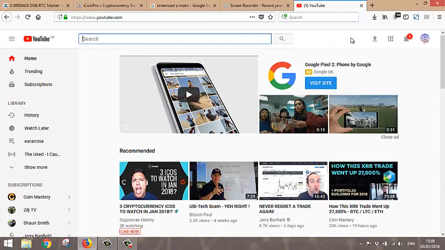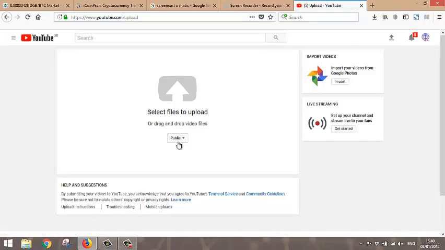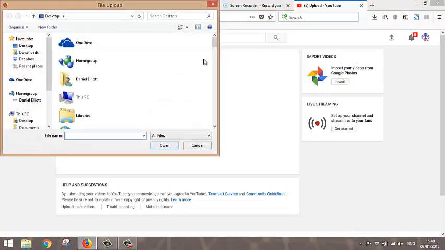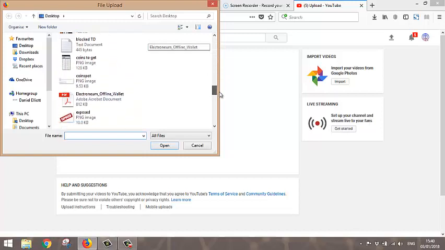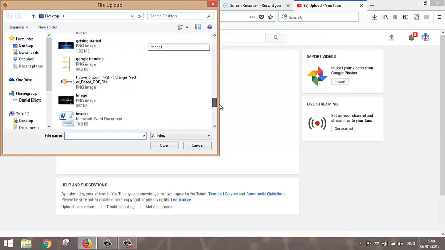Well, once you've set up your account, you come to YouTube and you click on this little button here, this upload. Okay, so we click on that. It's going to ask you to select the file to upload. So we're going to click on this big grey button here. It takes you to wherever it takes you to. Navigate to your folder with the